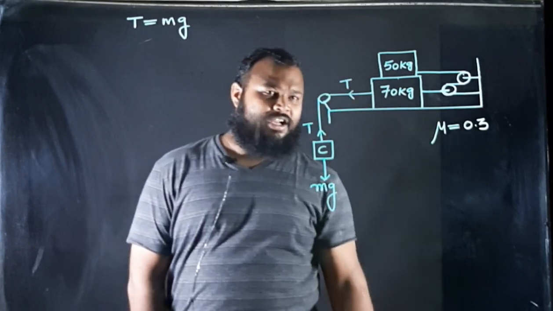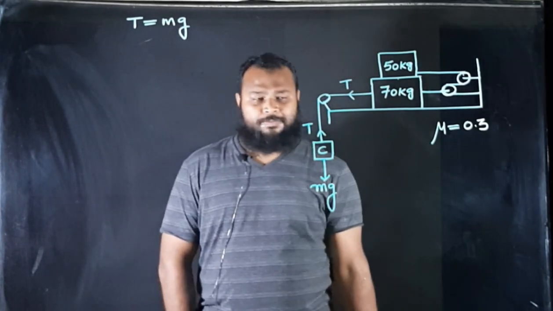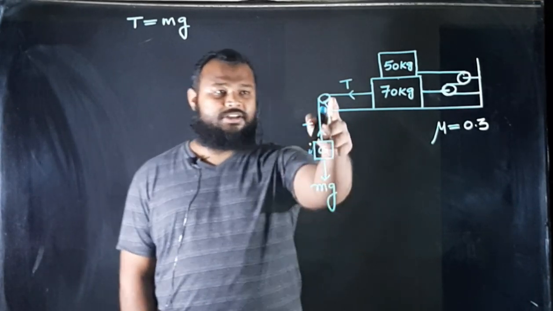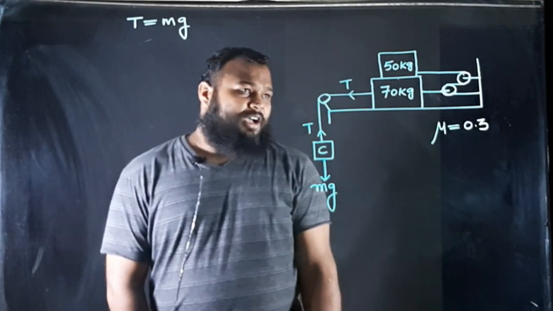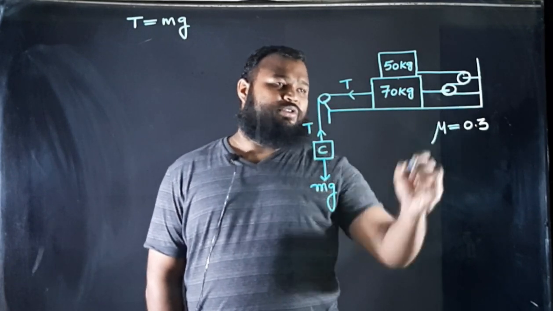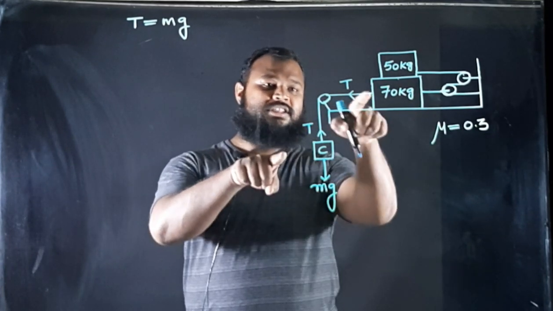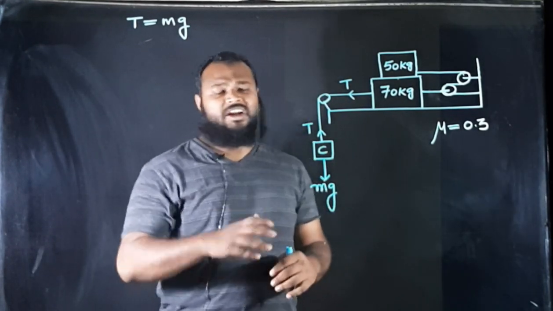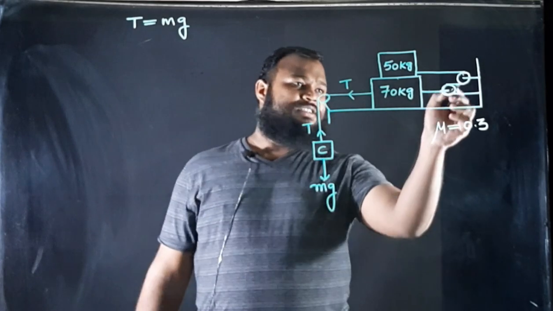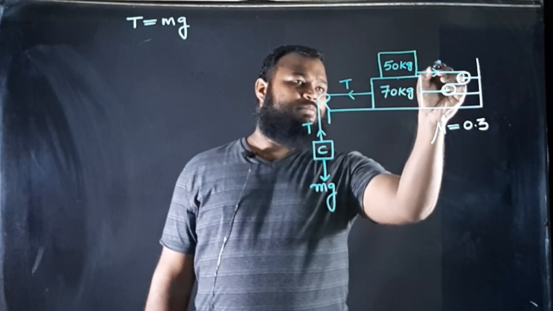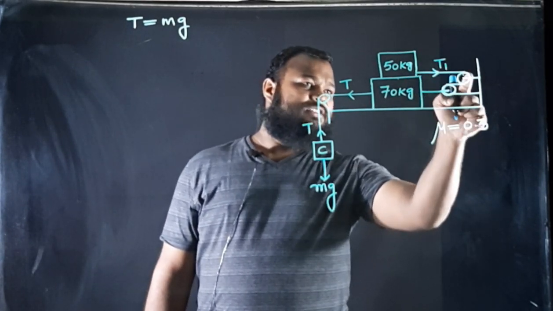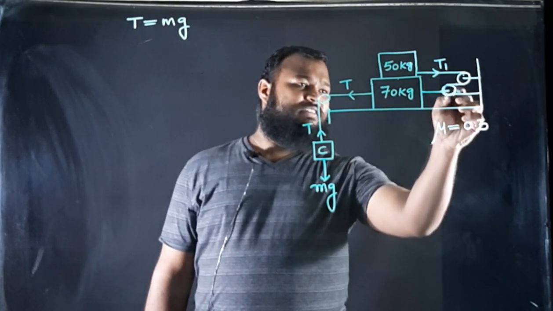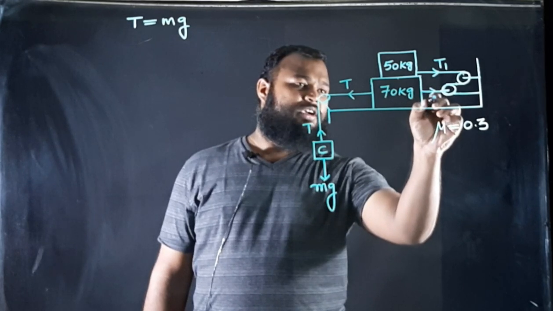Many students get confused in writing the direction for the tension. So remember, tension always tries to pull the mass. Here the tension is trying to pull 70 kg, and there is another string here. The tension in this string is T. Since that is the other string, the tension is not the same T, so we can take it as some T1. Trying to pull 50 kg, T1 and the same string, so this is again T1 and this is T1. Since this is T1 and T1, it has to be 2T1.